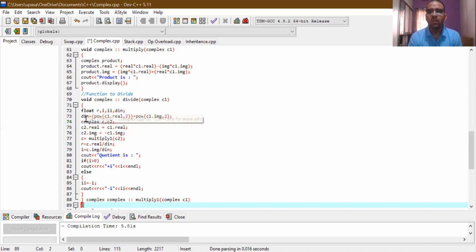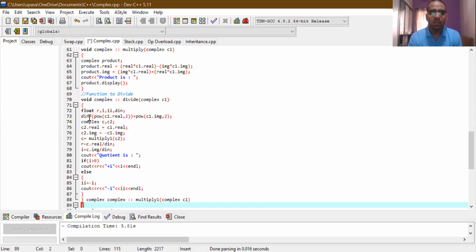For that we need to multiply by the complex conjugate of the denominator, on both the numerator and the denominator. Why? Because if you multiply a complex number with its complex conjugate, by the rule of mathematics it will come in the form of a square minus b square. And that way your denominator becomes real, and that makes it easy.